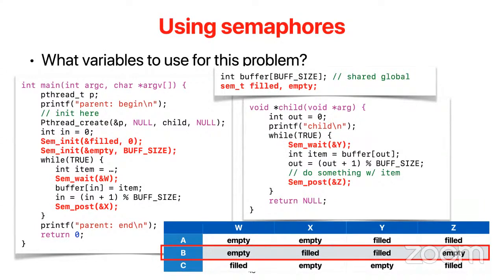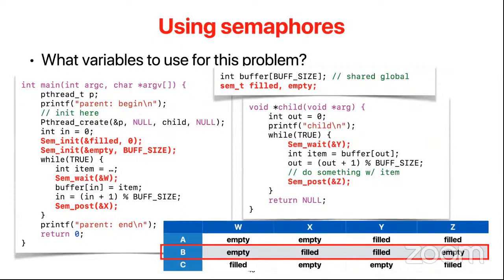Now I'm giving you a homework, which you will answer in your midterm. What if you have multiple producers and multiple consumers, then how are you going to get this code running correctly? I'm not going to tell you the answer right now, and you should be able to tell me that in your midterm.